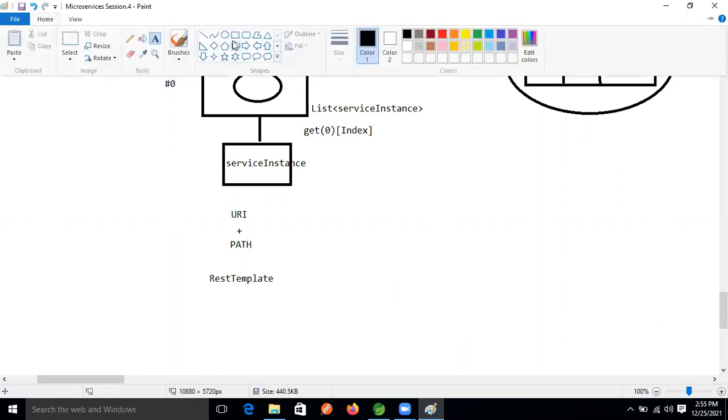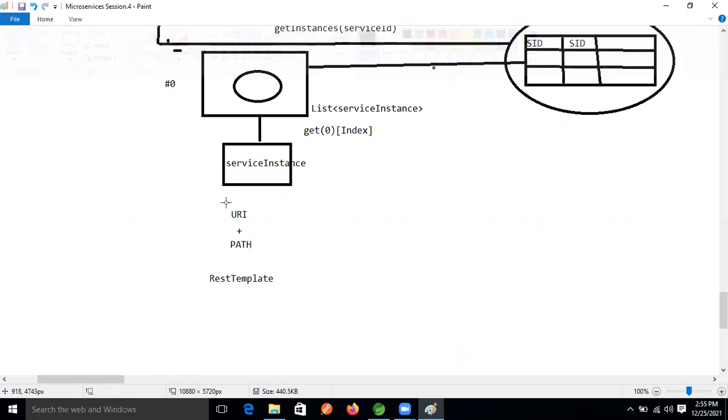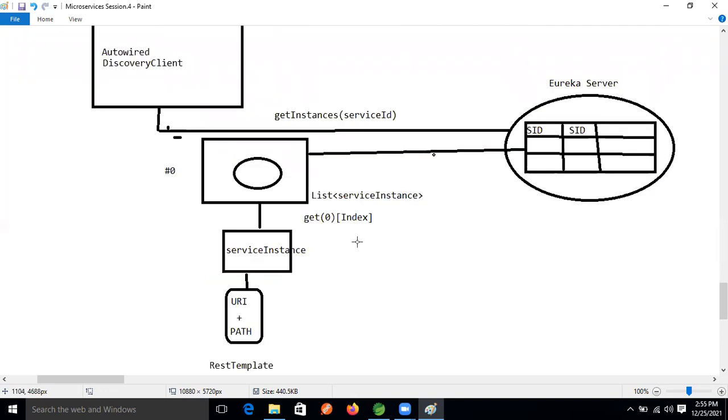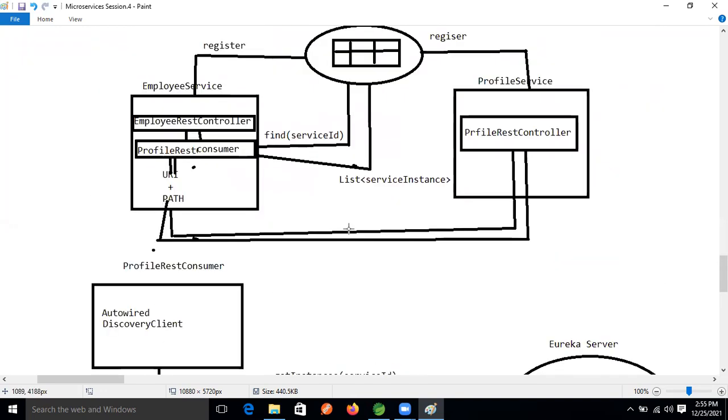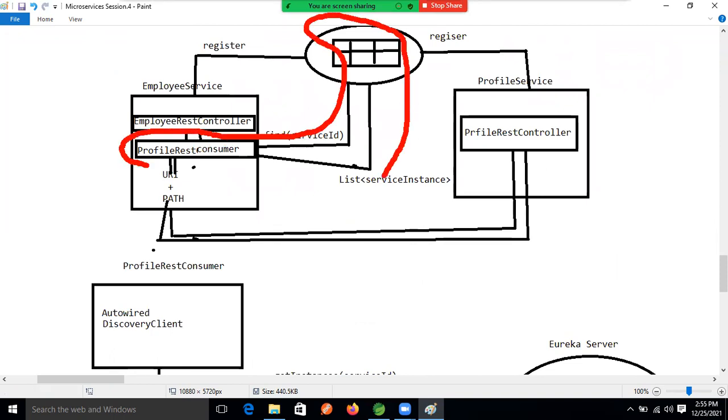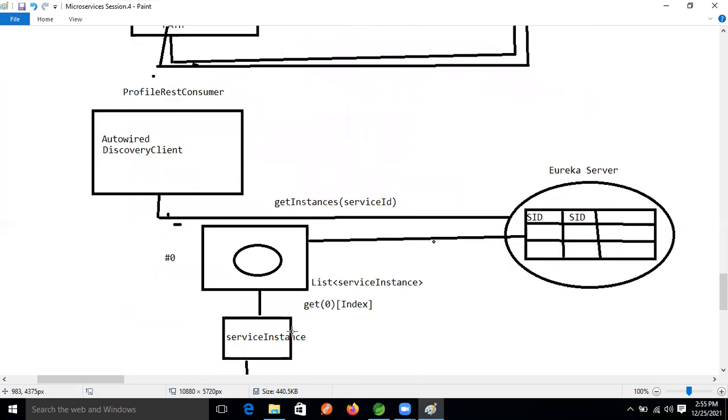So now this diagram is clear, guys. I have explained this area, from here to here, how we will write the code. This diagram will help you at the time of writing the code. Because of that I gave the explanation.